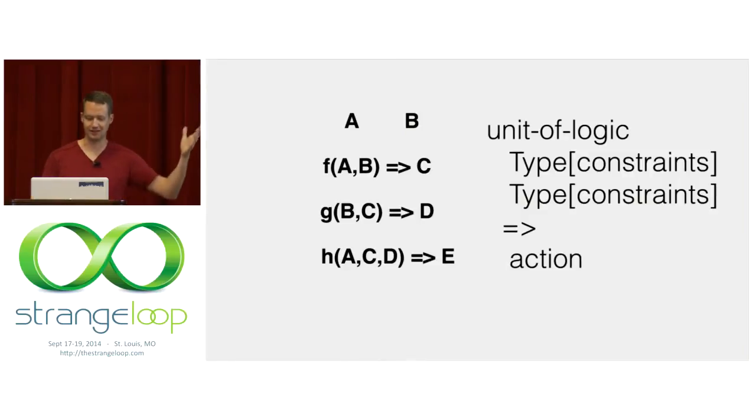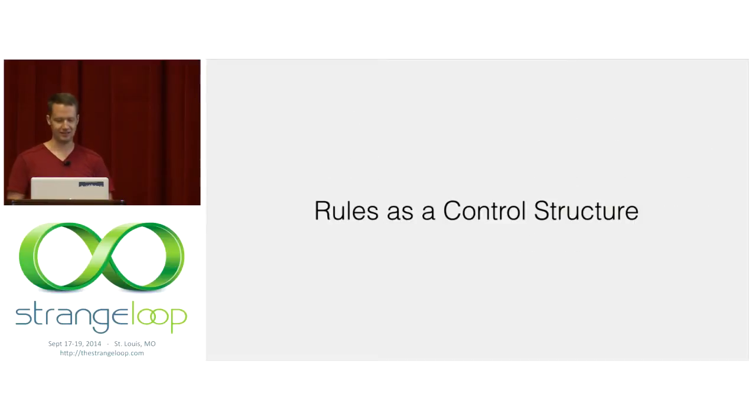But really, this essentially looks like a rule like you might see in an expert system, but applied in the context of in line with the rest of our code base. So really we're viewing rules as a type of control structure, something that we can integrate in with the rest of our code in order to simplify all this nasty explicit wiring that we have to do otherwise. And now I want to look at how we could actually apply this, how we could implement it.